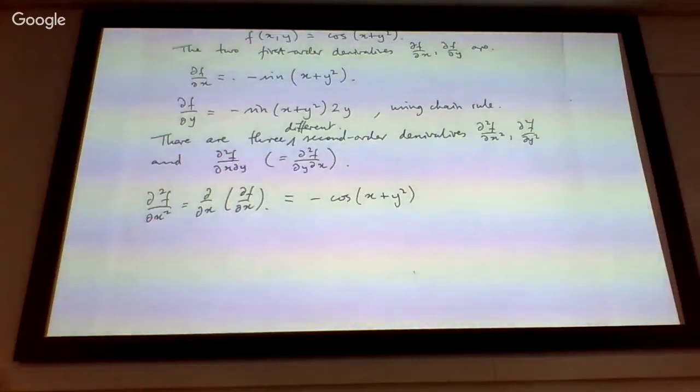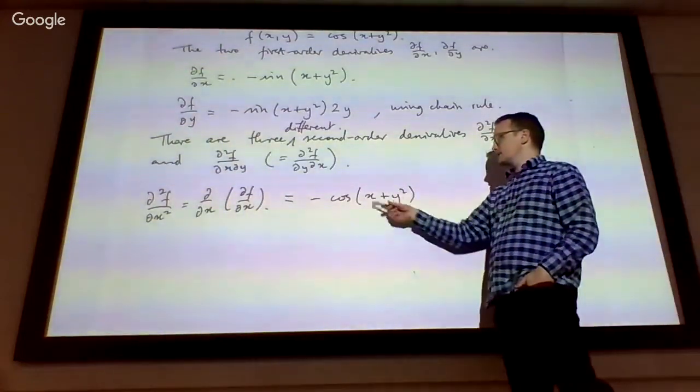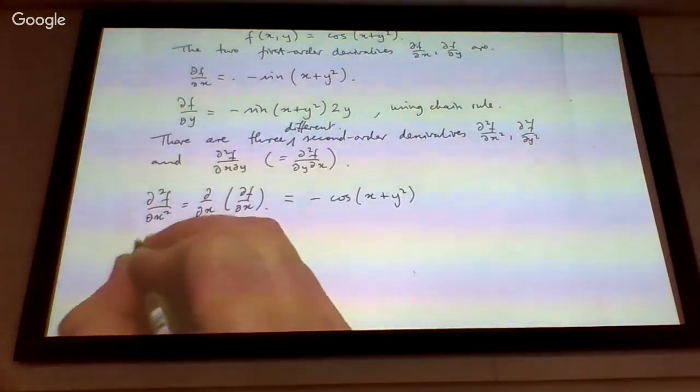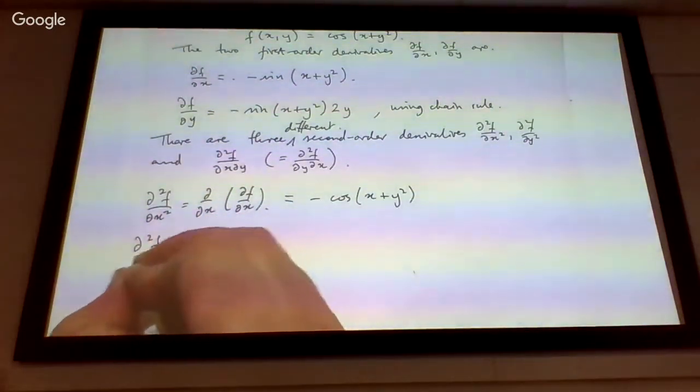Is there anything more to do there? No, because the derivative of the inner argument with respect to x is just 1. So the chain rule doesn't give us anything further to do there. The second order y derivative,